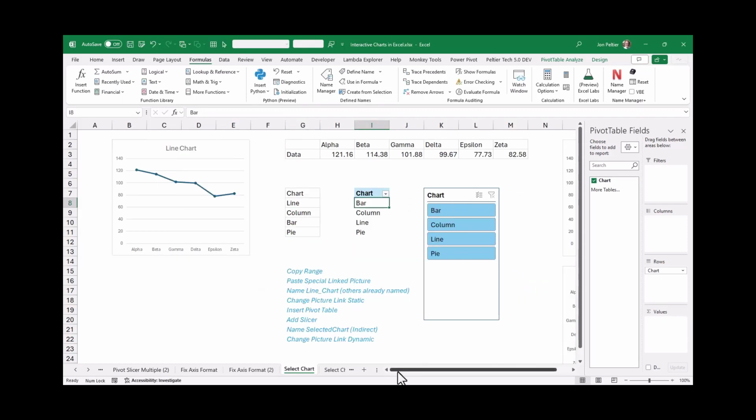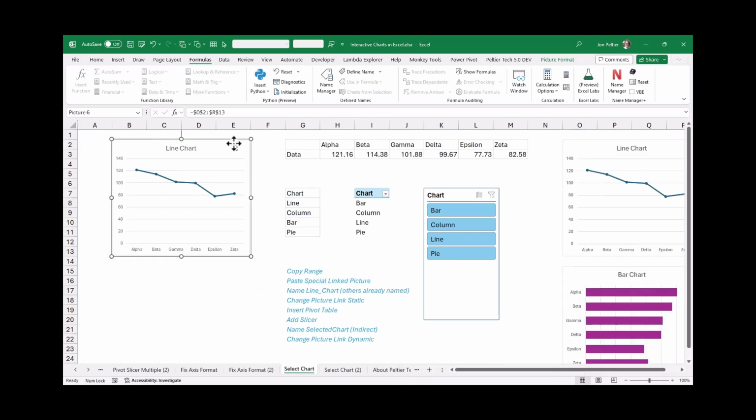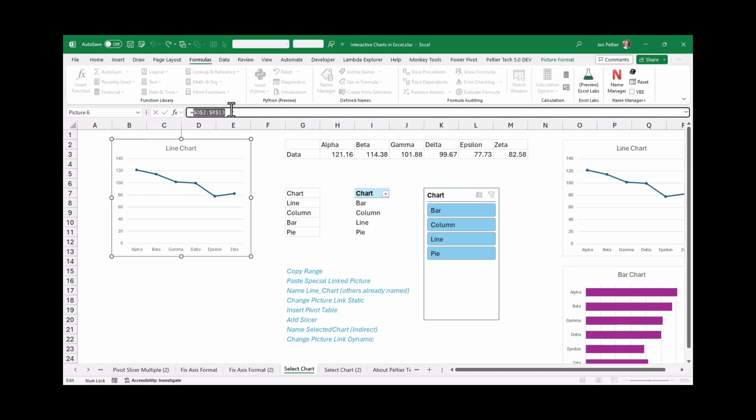And now I'll come over to my linked picture, which already has a link here. I'm just going to change that link, and I'm going to change it to selected chart. You see it, IntelliSense gives that to me as an option. So double click, hit enter,